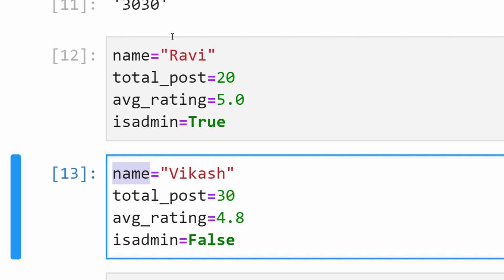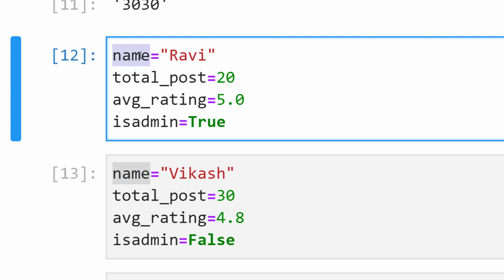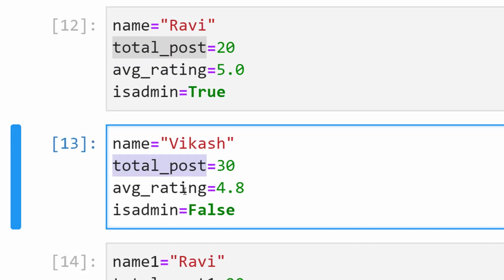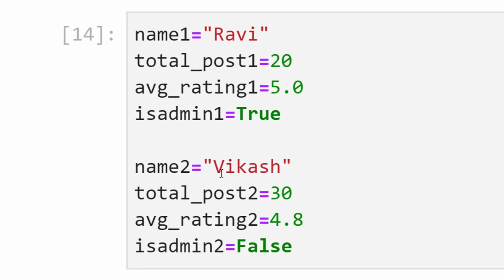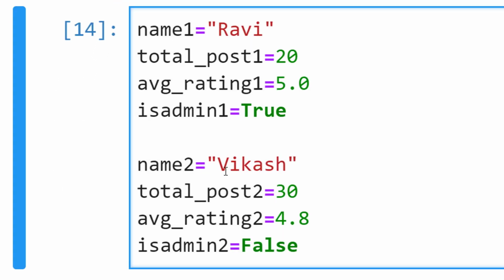But you want to store all the users' information. So what you can do is rename these variables to name1, total post 1 and name2, total post 2, something like this. But let's say we have 100 users, so you need to create that many variables. So this is not a good practice.